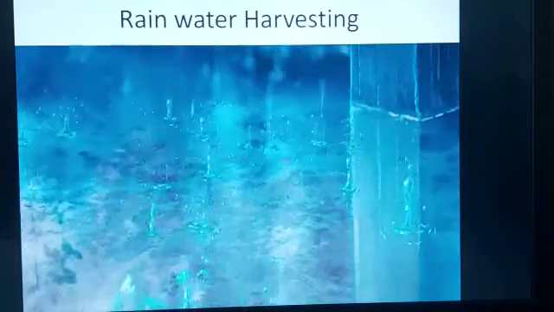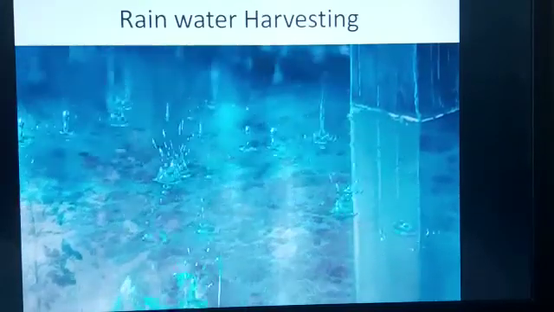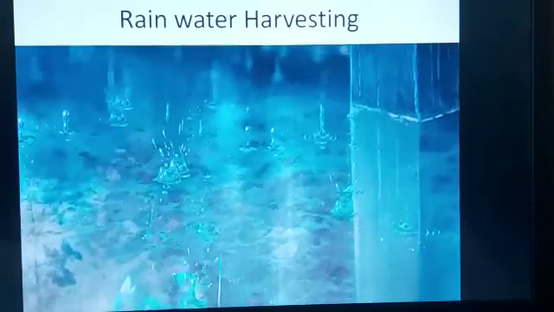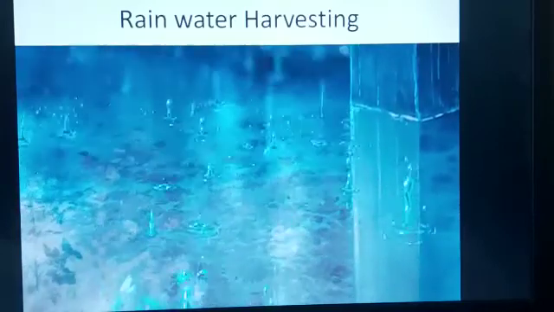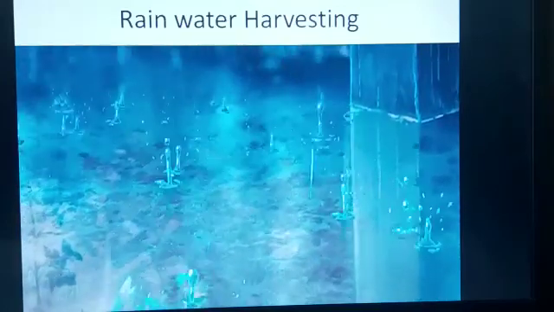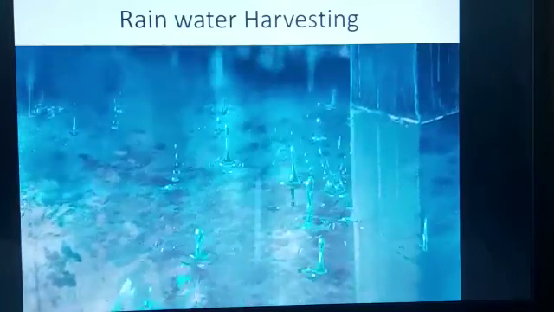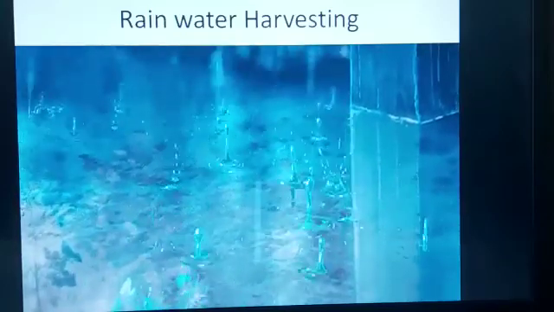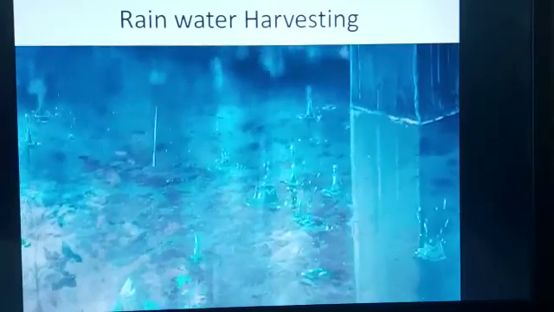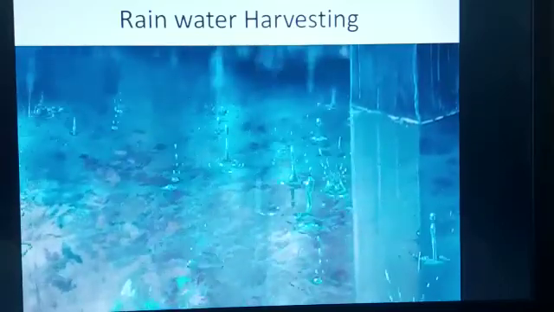Children, in today's class, we're going to discuss something that is very important, that is rainwater harvesting. Rainwater harvesting is a technique used for collecting, storing and using rainwater for landscape irrigation and other uses. The rainwater is collected from various hard surfaces such as rooftops and other above ground hard surfaces. This is done through the catchment areas and conduits.